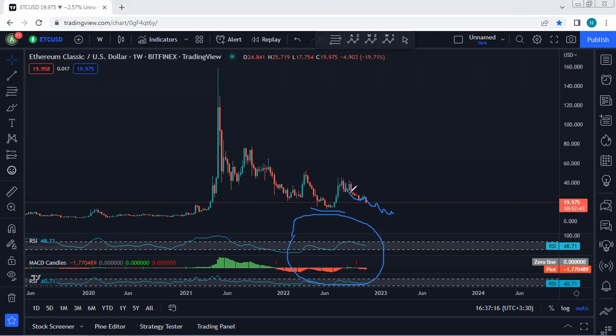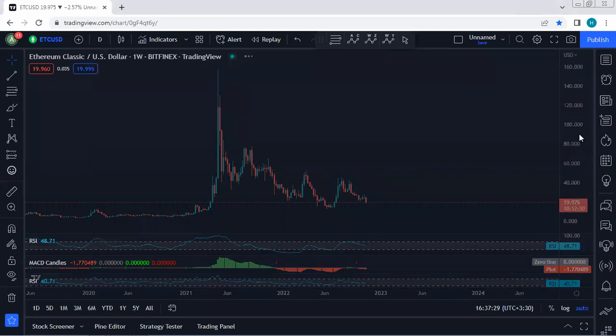All right, that's why for those traders who want to look for a buy trade from here based on lower time frame, they need to be quite careful. We can even expect to get one move up before we get the next drop, right? That's why if anyone wants to look for a buy based on lower time frame, they need to be quite careful. And if we move to the daily chart,